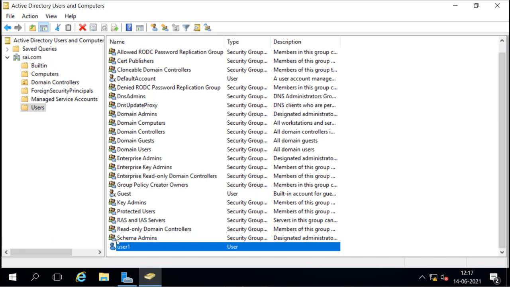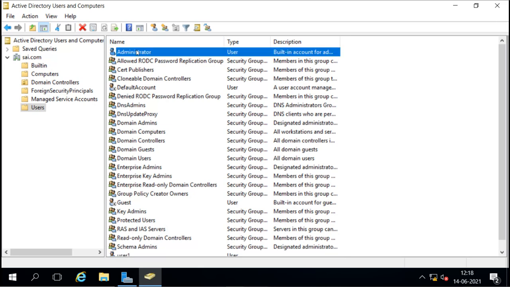If we try to log in with this user account to this domain controller, it will say that the policy is not permitting interactive login. So only normal users who are allowed to log in can log in to the domain controller. That means if the administrator allows someone to log in to the domain controller, only then can that user log in. Otherwise that user cannot log in to the domain controller machine. On a domain controller, by default only the administrator can log in, that means the domain administrator account.